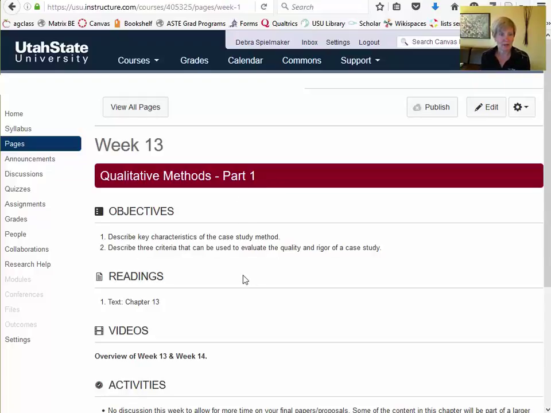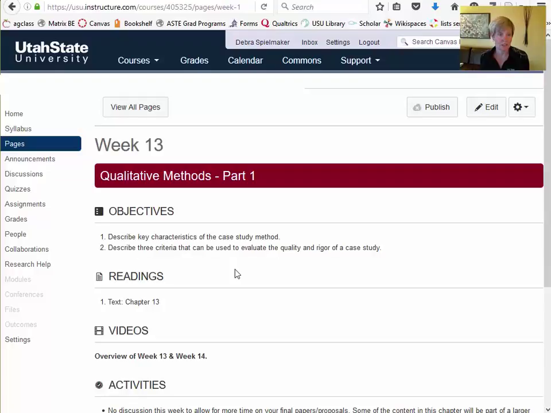So part 1 here, which is going to be covering chapter 13, that's case studies. I'm going to spend more time on that because of all the qualitative methods, case studies are the ones that are most oftentimes used in education. So you'll see that one quite a bit. And when we get to the chapter on mixed methods, which is week 15, we'll spend all of our time on mixed methods and how you use quantitative and the qualitative ones that you'll take a cursory view of in the middle together.